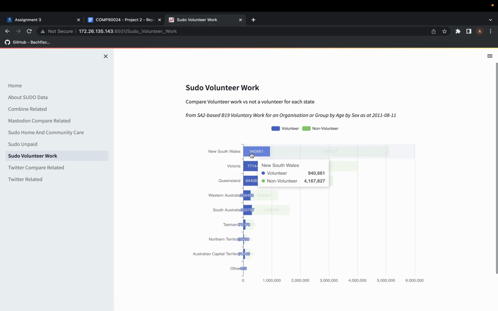And that just goes to show that our conclusion is that according to Pseudo, the states with the highest level of charitable volunteer work and aid are, as I said, New South Wales, Victoria, and Queensland.